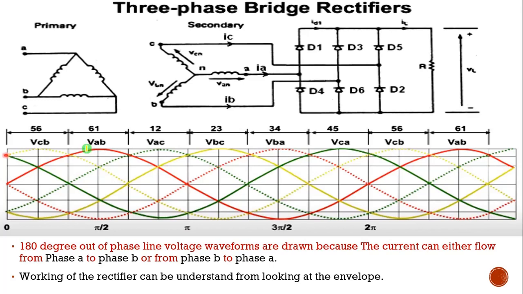From that, the 180-degree phase shift waveform we will also draw. A 180-degree phase shift waveform means you just draw the opposite, that is this one. So this will be VBA, the red dotted line. This will be VBA, and